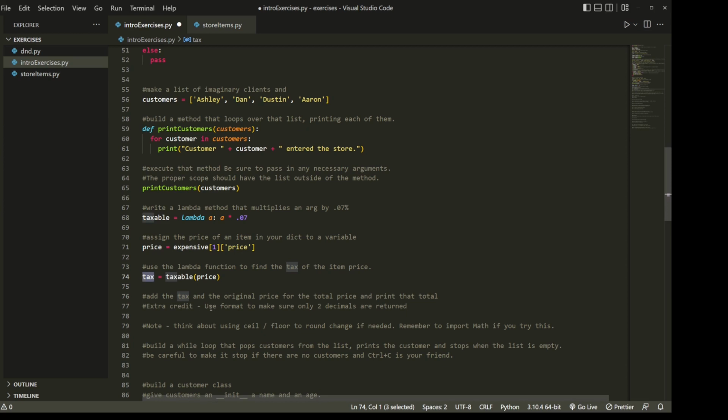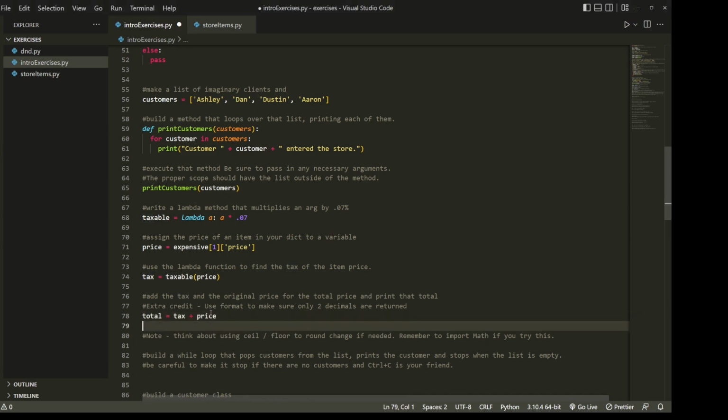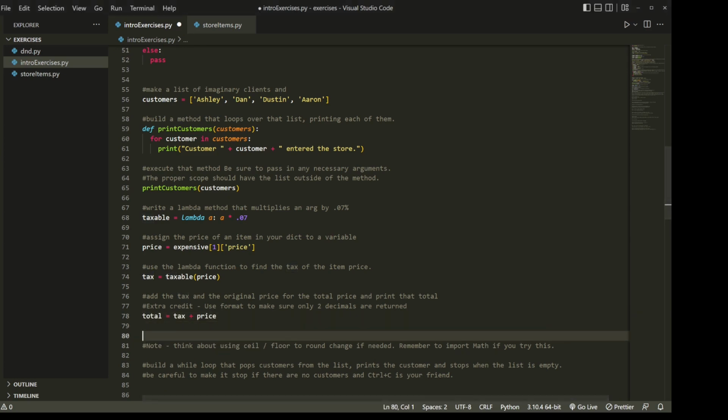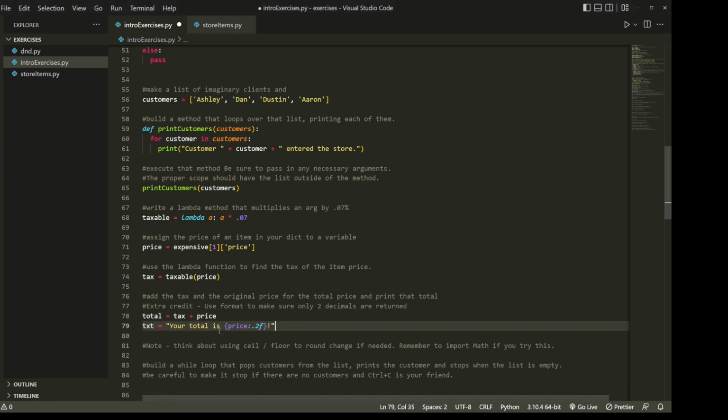We can use format to make sure only 2 decimals are returned. So we'll go ahead and do that in steps. So the first thing we want to do is do the total, and then we'll just make a text string here because this is what we're going to format. So you want to make your text string, and remember, you want to tell it what you're formatting here. You want to tell Python what you're formatting, and then we'll be able to print by doing text.format price equaling